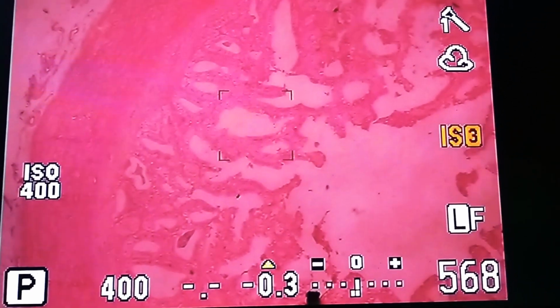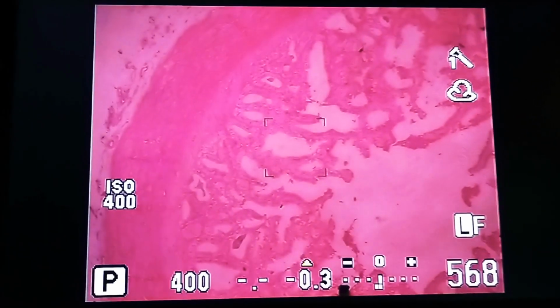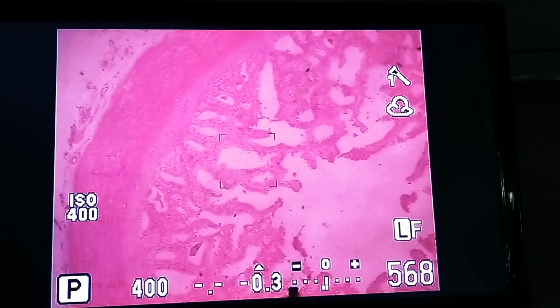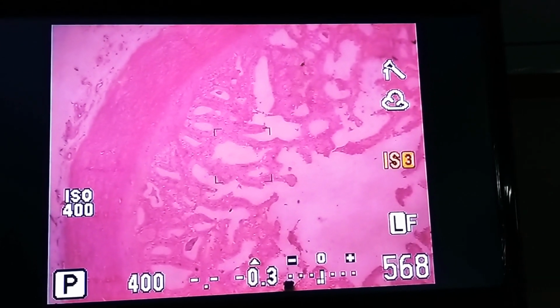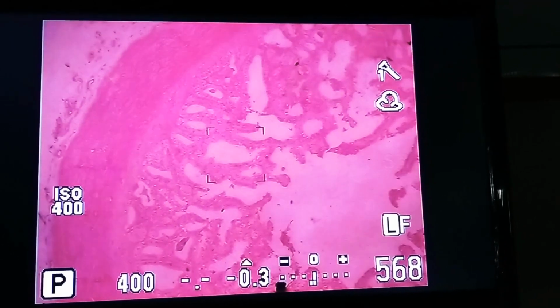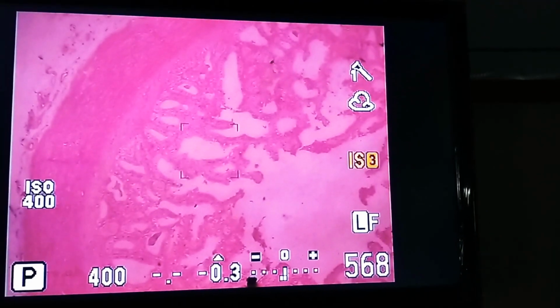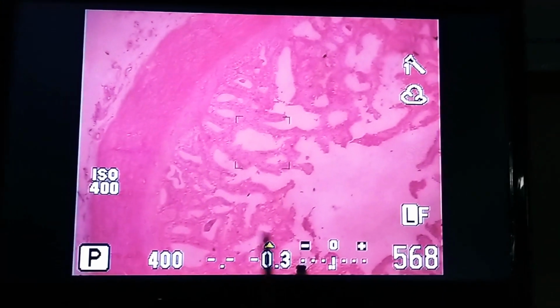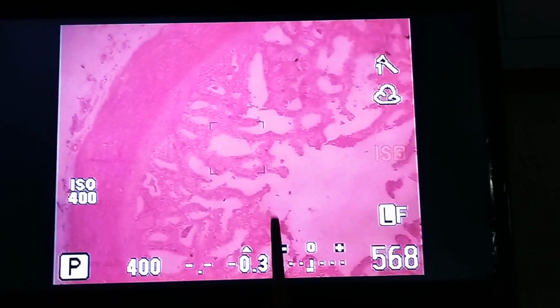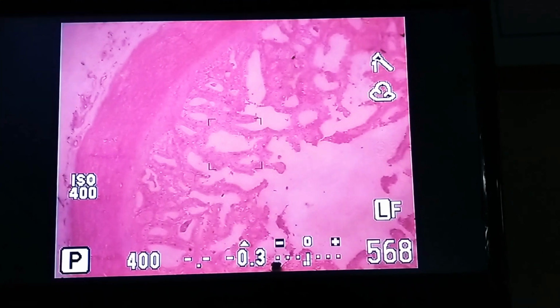Okay. Now I'll be showing you the slide of fallopian tube. I told you that the fallopian tube has a lumen, and in the lumen you will be seeing a lot of mucosal folds. The highly folded mucosal foldings will help you to identify the slide of fallopian tube.